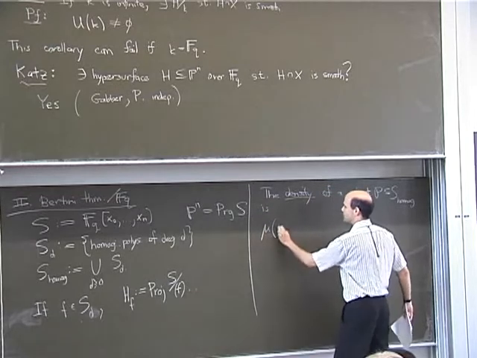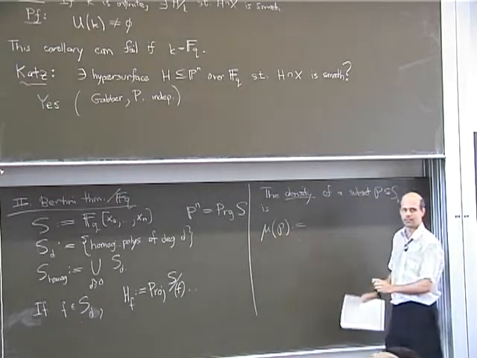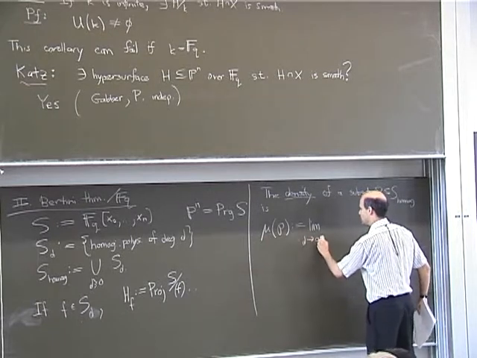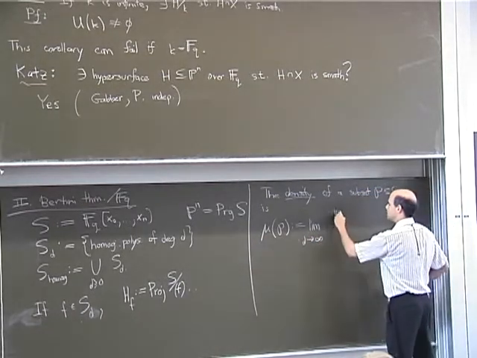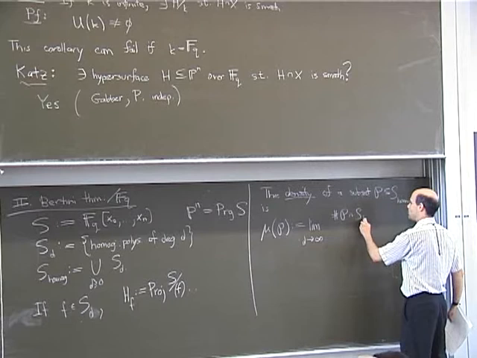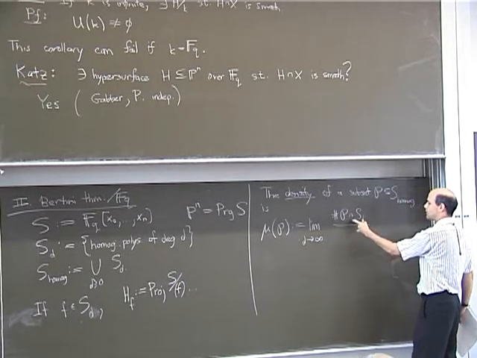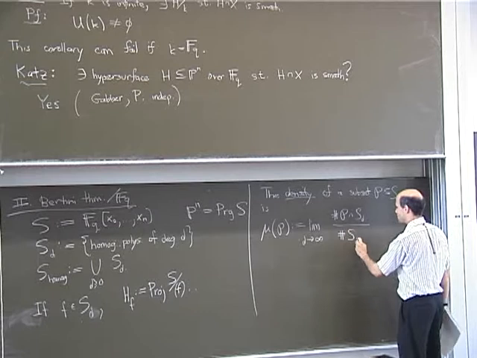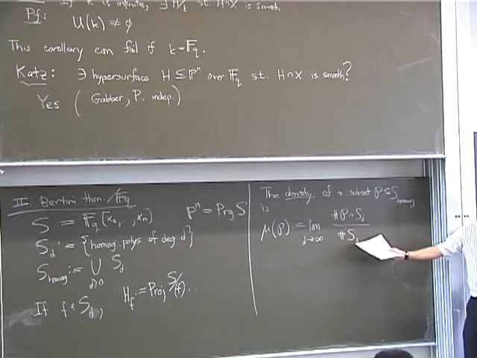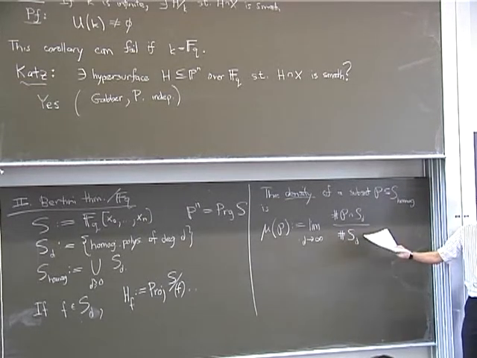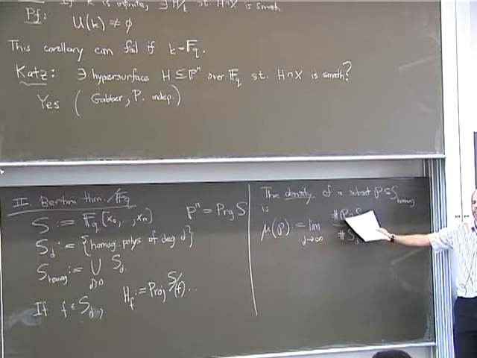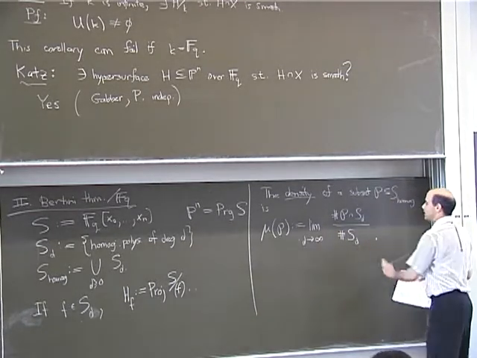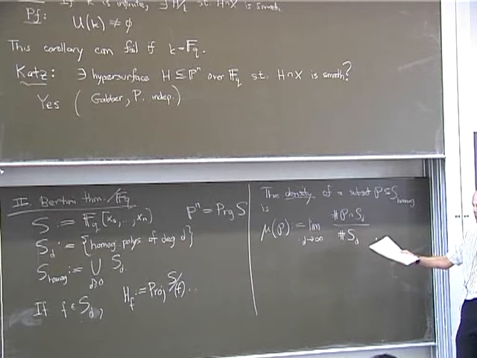I'll denote it by mu of P, and it'll be defined as the limit as d tends to infinity of the fraction of homogeneous polynomials of degree d that satisfy the condition. As I said before, there are only finitely many of each given degree. So I want to take how many of them satisfy the property P, and then look at that fraction as d goes to infinity. And the other thing I'll need in order to state the theorem